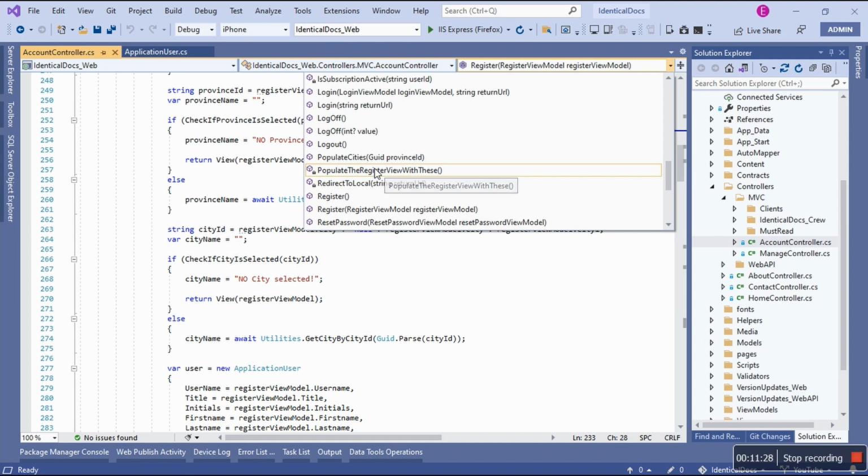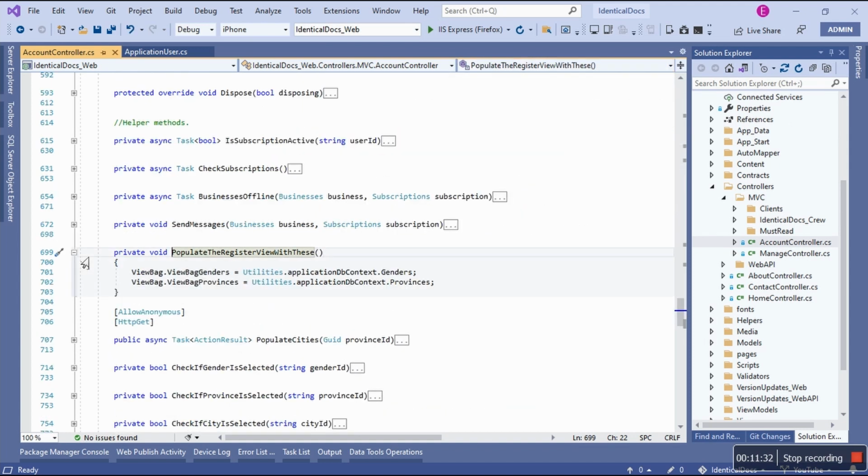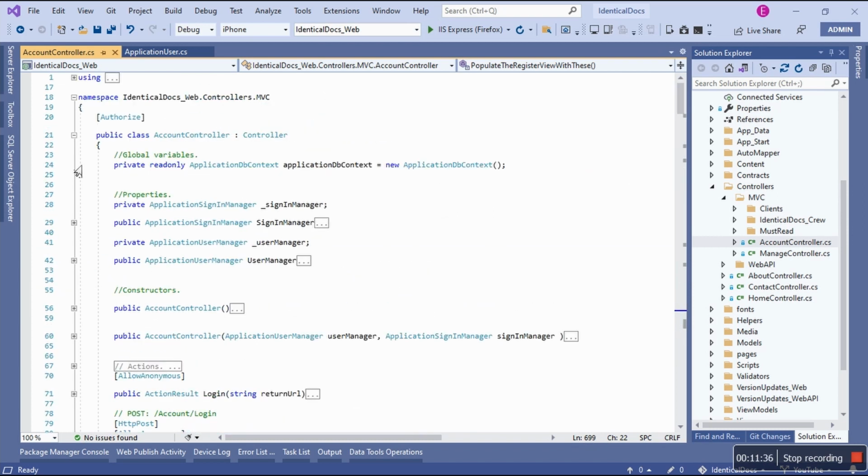Populate the register with these. Yes, cool. This method, something is not right here. But let me go all the way up. If I go all the way up, I do have this global variable, private read-only, application DB context. It's a class that is responsible for talking to a database. I do have it, and this is,